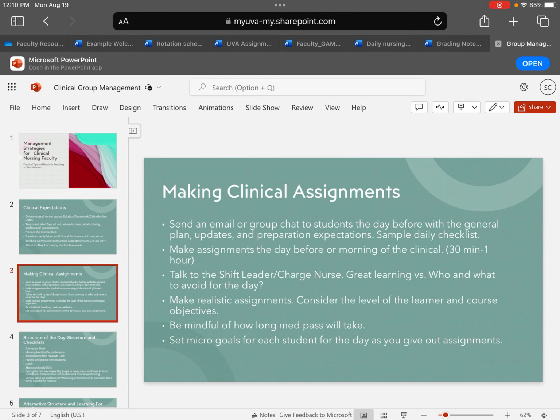I also have a very detailed daily checklist. A lot of students have performance anxiety, and the more they can review what's expected of them during the day, the better. So, you have your course expectations and objectives, you have the clinical objectives, and then, how does that work out and operationalize on your specific unit? And so by sending those expectations ahead of time,